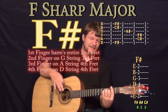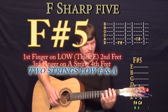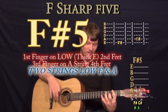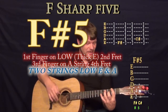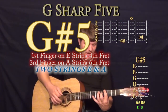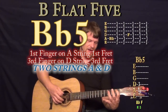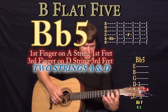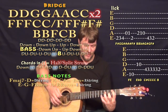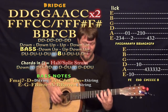Or you could even take that idea actually and work it with power chords. And this could get really crazy. But you could do first finger on the low E second fret, third finger on the A fourth fret as an F sharp 5. And if you wanted to, you could even follow that idea shape-wise, F sharp 5 to a G5 to a G sharp 5, and then open A, so A5, and then A sharp 5, first fret on the A, third finger on the D, aka B flat, and then back to the F sharp 5, and then B5, and B flat 5, A5, G sharp 5, G5, F sharp 5,